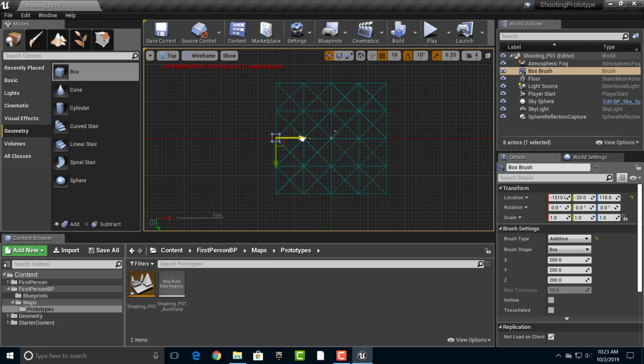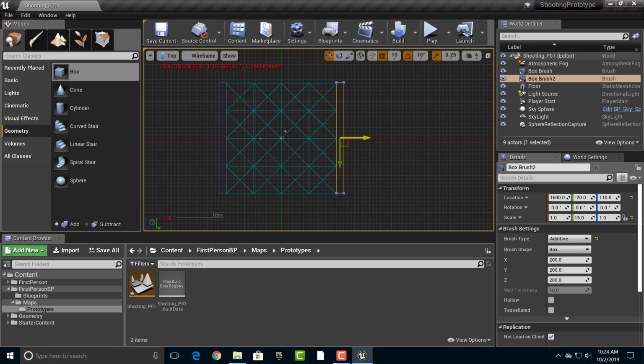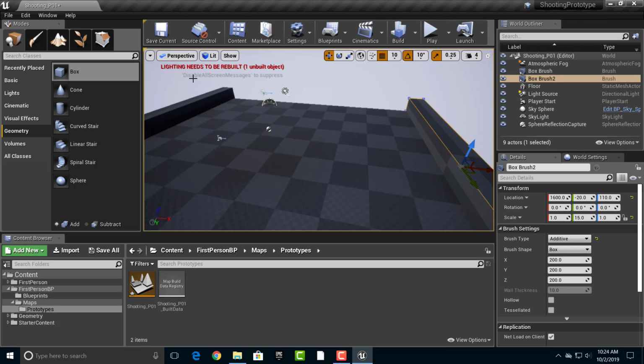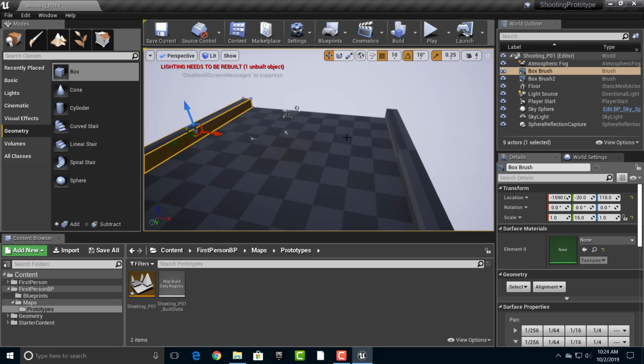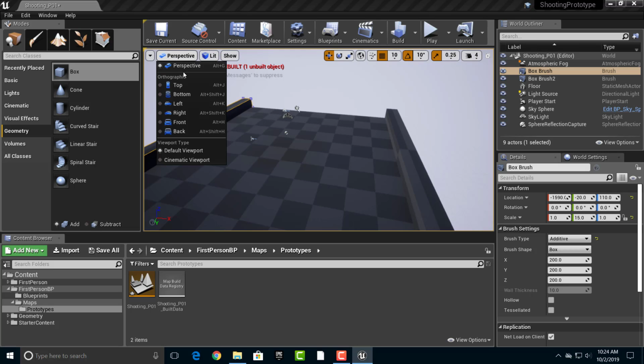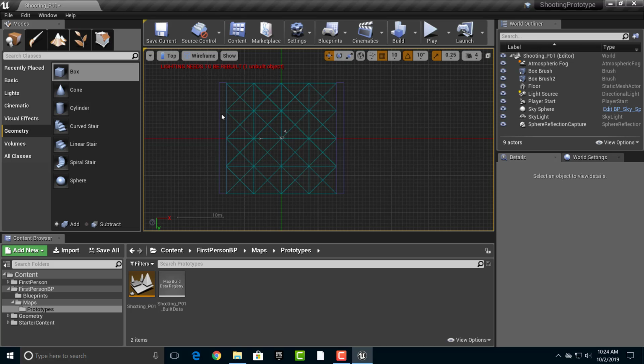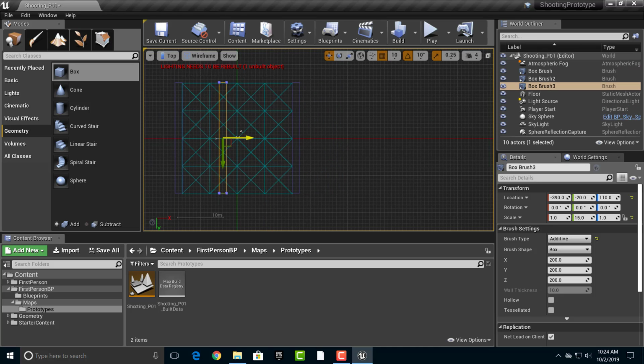And we could probably intersect this if we really wanted to. But nevertheless, I'm going to scale this out so it roughly equals everything there. And I'm just using Shift. Let's switch back to perspective here, and I think that's looking good. Let's select both of these here. And not necessarily that, but let's go back to the top. Select this guy here, copy and paste it, move it to the middle, and then we're going to rotate this